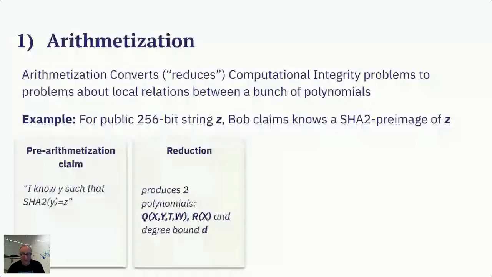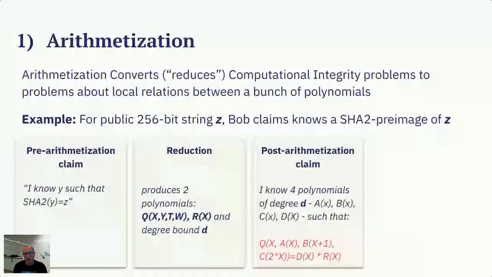One of them is called Q, and it has 4 variables, and the other one is R of X, a univariate polynomial, and also a degree bound. The post-arithmetization claim will look something like this: I know 4 polynomials of degree D, let's call them A, B, C, and D, such that this weird relation holds. Q, if you plug into the variable Y the polynomial A of X, and into the variable T the polynomial B of X plus 1, which is some weird twist on B, and into the next variable,